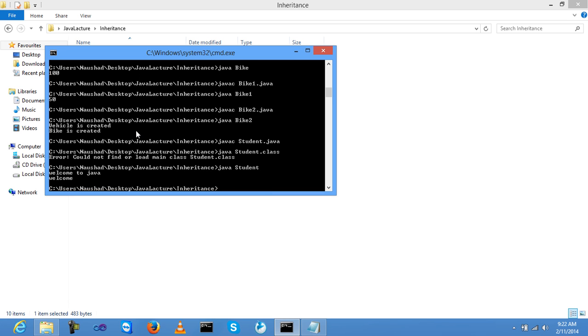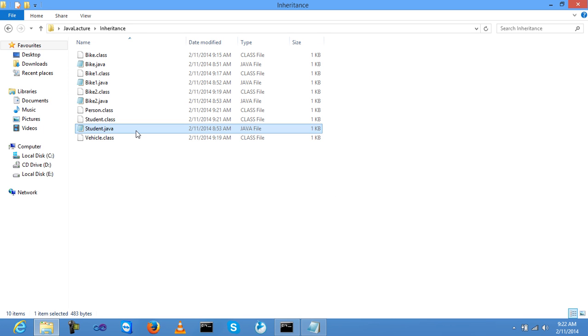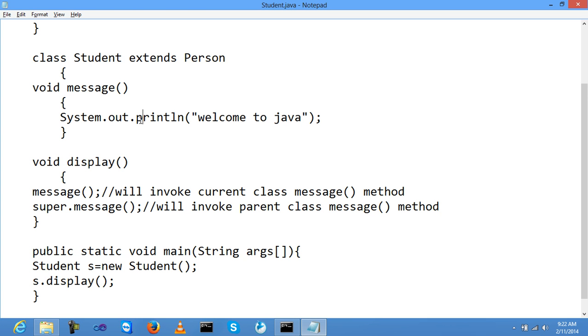Both methods are called, and both method names are the same, and I call the parent class method inside the child class using the super keyword. So this is one basic example of how to use the super keyword in different ways in core Java. Right? Any doubts? Okay.